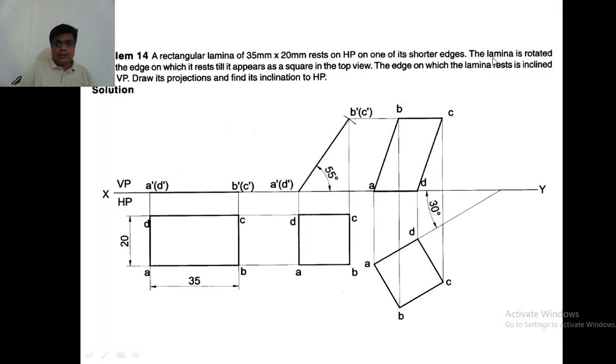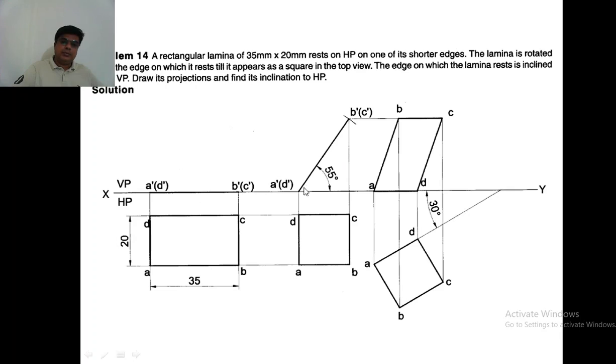So in this problem, instead of giving the angle, it is giving the top view. A rectangle can be seen as a square at some angle. When you incline this rectangle to HP at some angle and see it from the top view, it looks like a square. So the square is given here, the size is given, and from this you should get the front view. Draw the projection lines and connect this line here, you will get the angle. So in this problem, instead of giving the angle, he is giving you the top view. The top view is a square, draw it, and from this you get the front view.